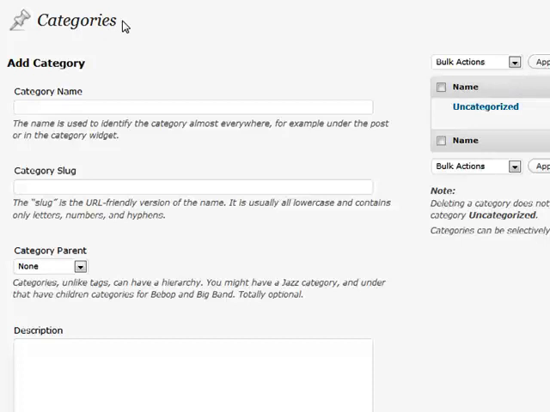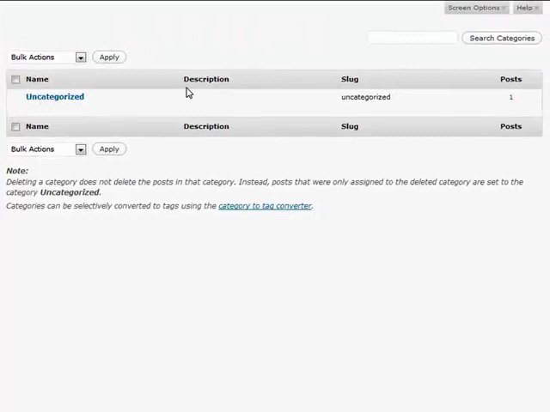One other thing that's a really useful option inside of categories is if you go to your category section and you can see the different options that are available, you can also see how many posts are in your category. So if you have something that's got a whole lot of posts in it, and then maybe a category that only has one or two, maybe you should take out that category and put it somewhere else. It's obviously not really doing what you want it to do. So this is kind of a nice little overview of exactly where most of your blog content is basically being